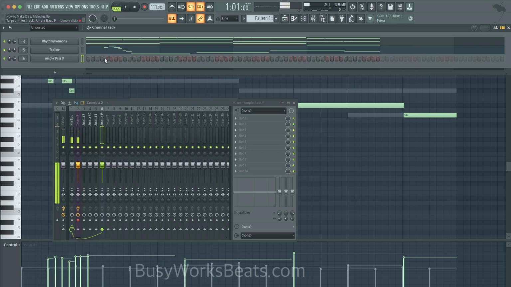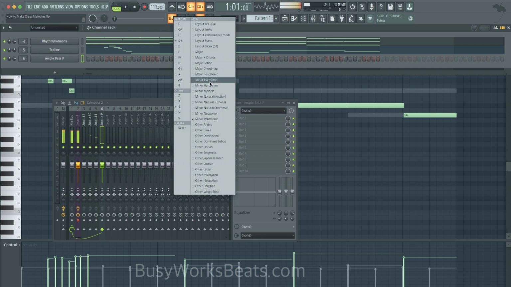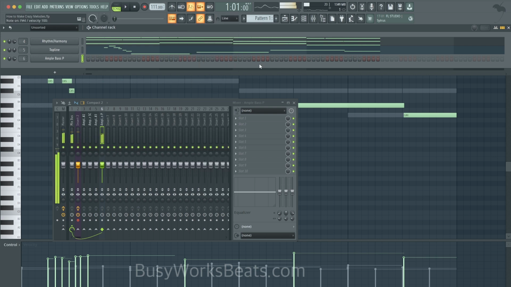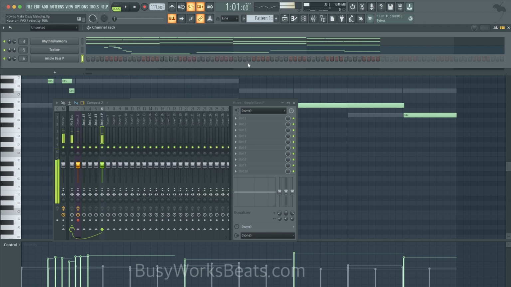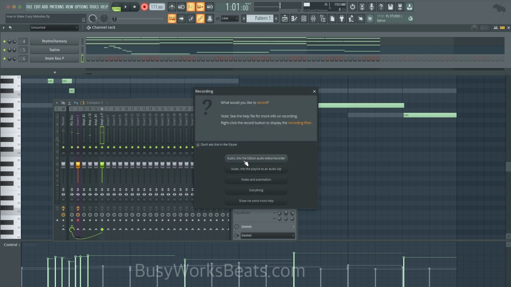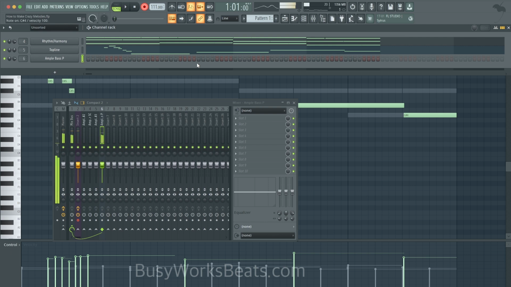Now contrast just is bouncing off this top line. It's trying to have a call and response type feel. And again, you could do the same exact thing, minor pentatonic. We're just gonna go down one octave here. Let's record. And again, I'm just playing random notes. But because we're in the minor pentatonic, you can't really play a wrong note.